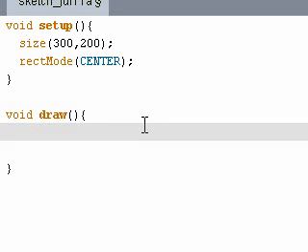Okay, now we're going to talk about interactivity. So far we've been ignoring the draw function, but we're going to use it for the first time here. If you look at what I already have in the setup function, I just have set up the size and I have the rectangle drawing mode set to center. And I'm simply going to, in the draw function down here,